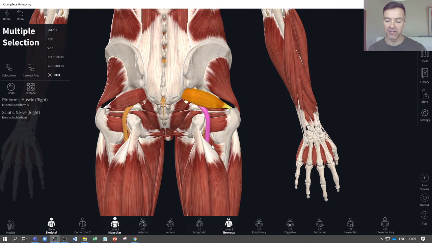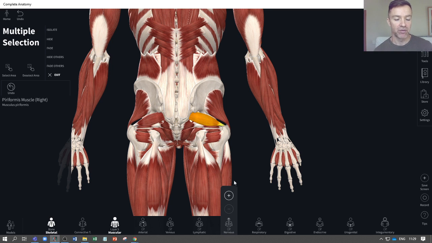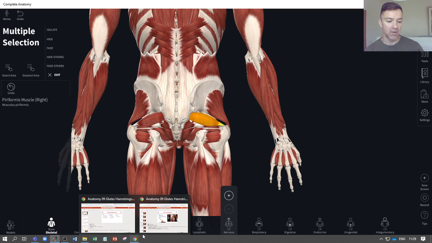Sciatica, very, very common. Sciatica is described as either being pain, tingling or numbness deep in the buttocks or lower back and running down along the sciatic nerve down into the legs there. So that's why we mentioned that piriformis muscle, because the piriformis muscle itself can cause irritation to the sciatic nerve and cause a bit of sciatica. So with that in mind,